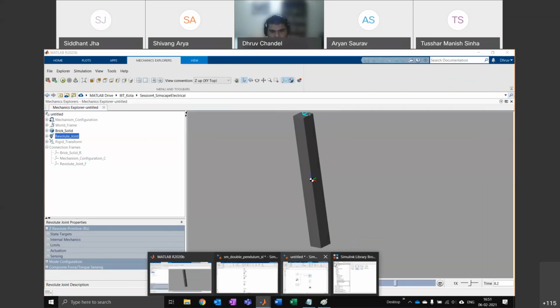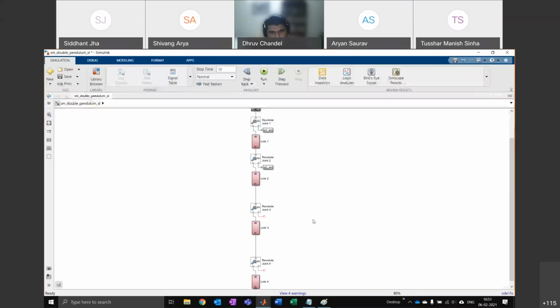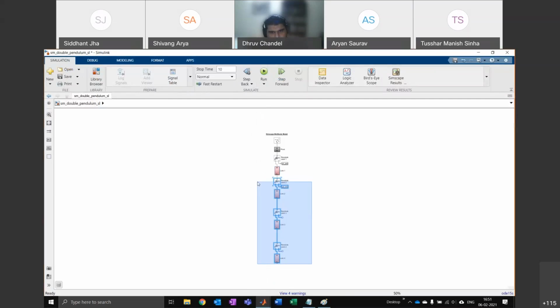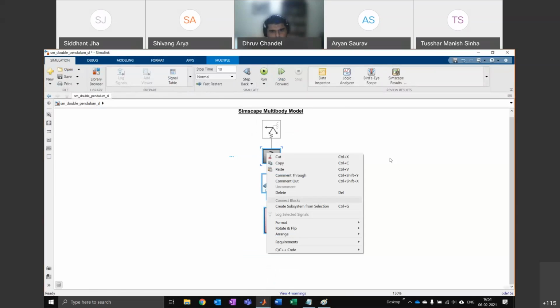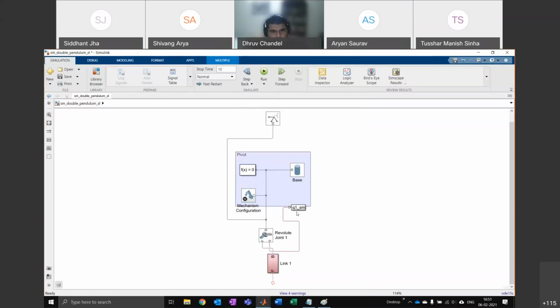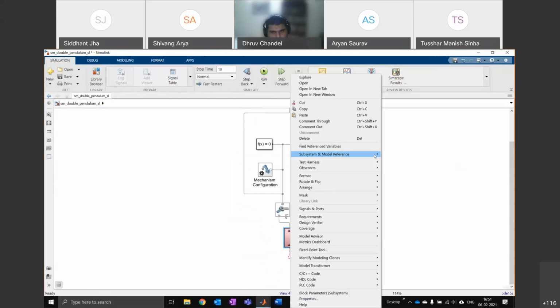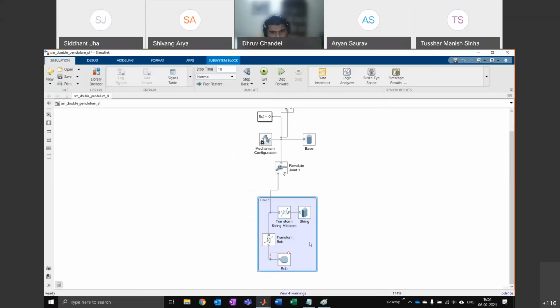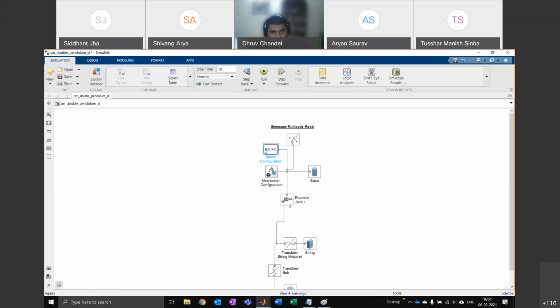So let me just look at the pendulum example. It's easier then. Sorry, I'm just trying to figure out how they've connected this.